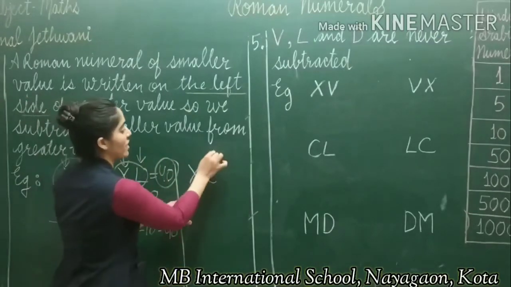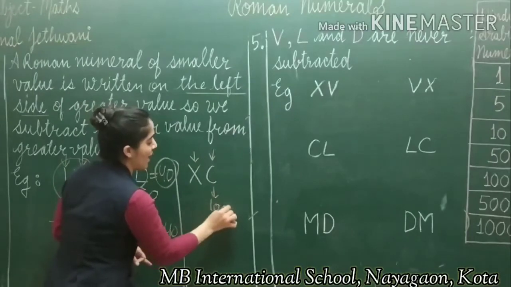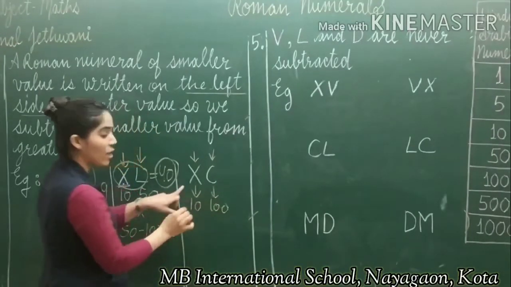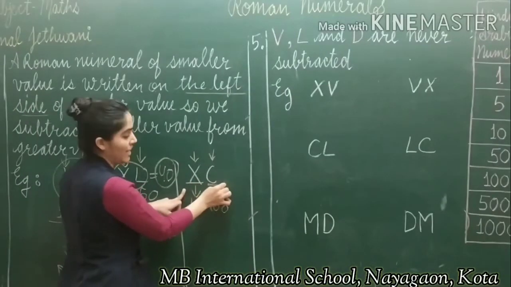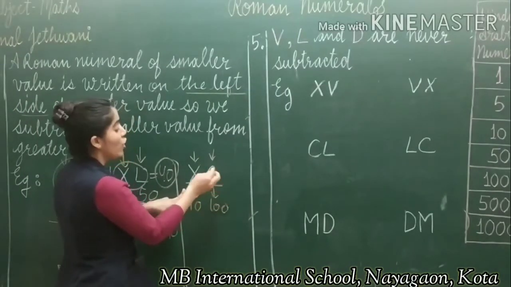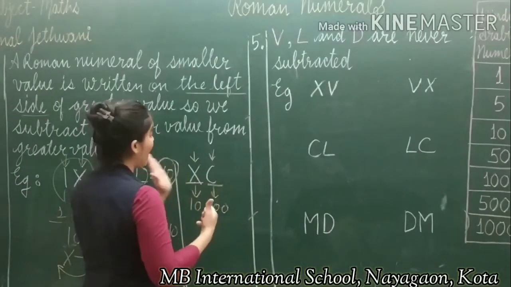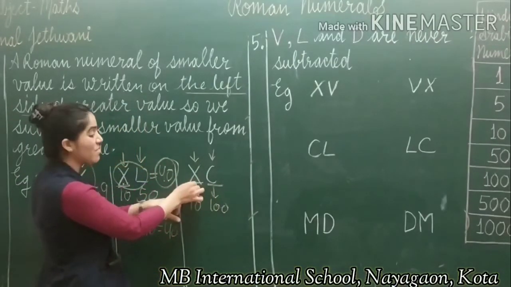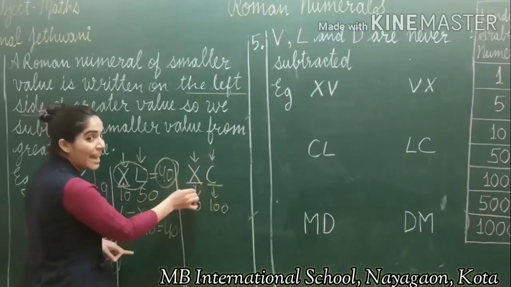Next example I have taken here CX. So C indicates 100 and X indicates 10. And here also you can see X is a smaller value and C is a greater value in the Roman numeral. So the smaller value is written at the left side, at your left hand. So when the smaller value is written at the left side of the greater value, we subtract the smaller value